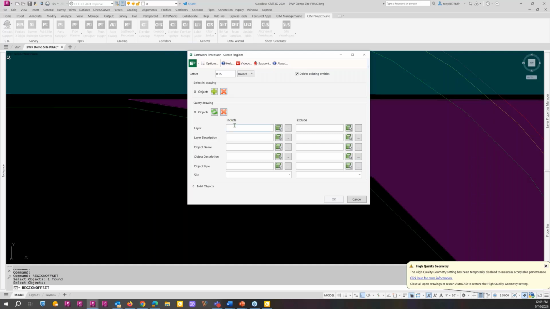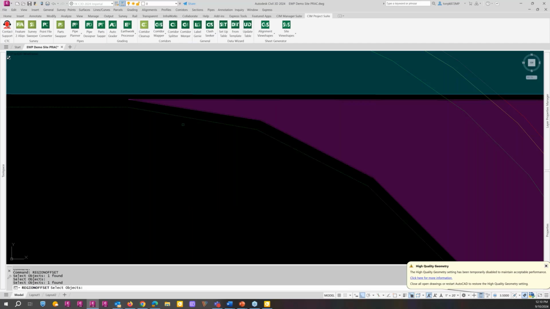So if I wanted to do it globally, I could do it by layer right here, and I could add the wildcard to it. As we saw in the layer manager, they're all on the same layer. So if I regen this, now we know we have 5 areas that are going to come off of it. So let me delete that out of there, and I'll just select the 1 again, just to show you